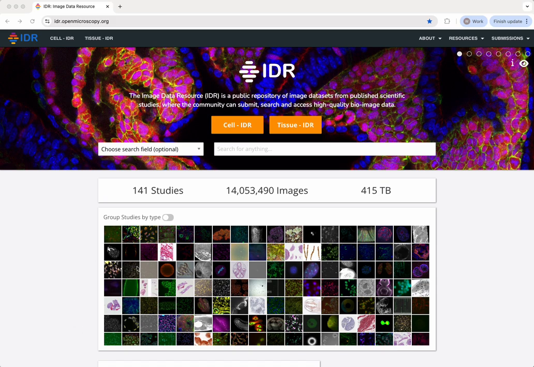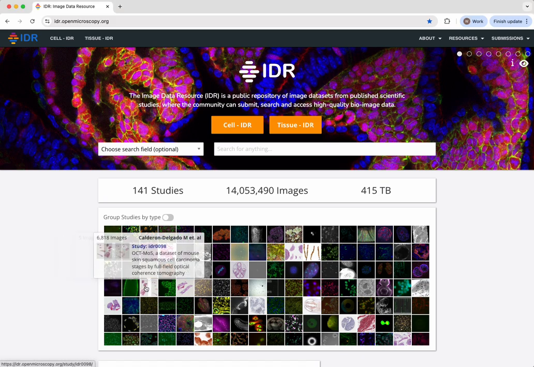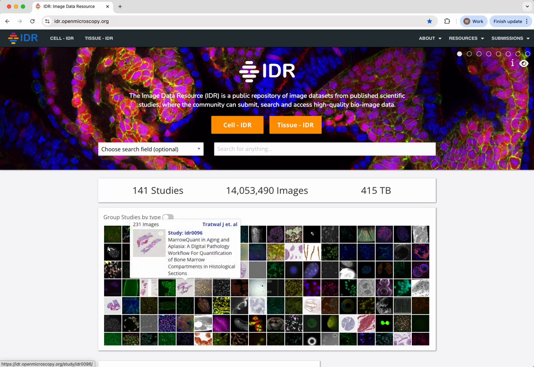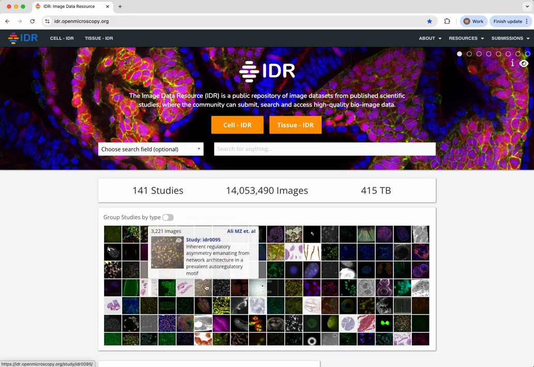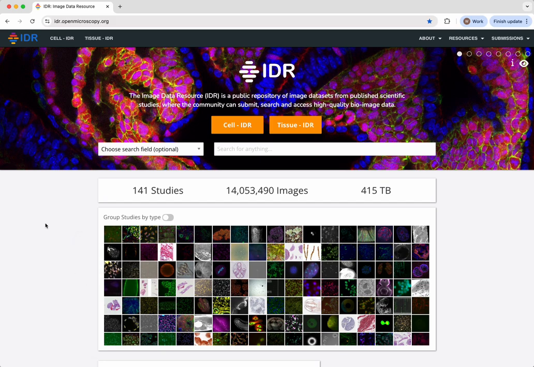This is grouped by the different studies, the 141 different studies in IDR, and by mousing over these I can see the number of images within each study, and I can browse to see these images if I see something interesting. But if I want to search for something specific among those 14 million images, I can use the search